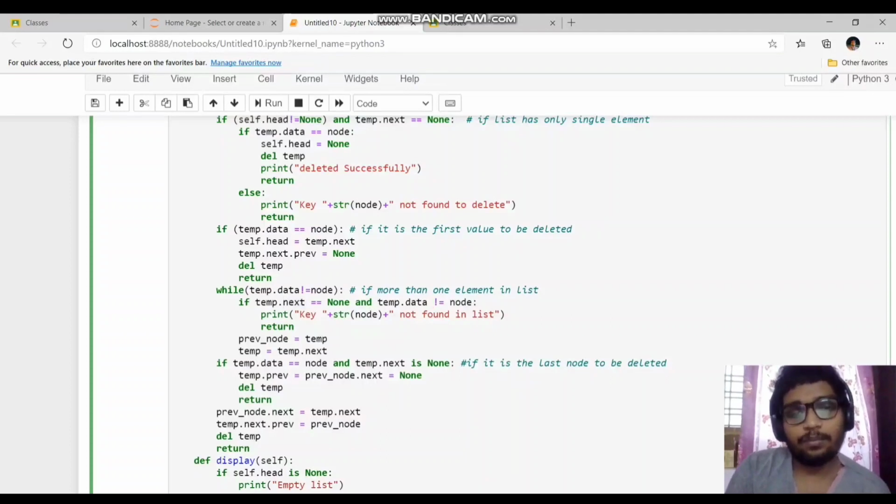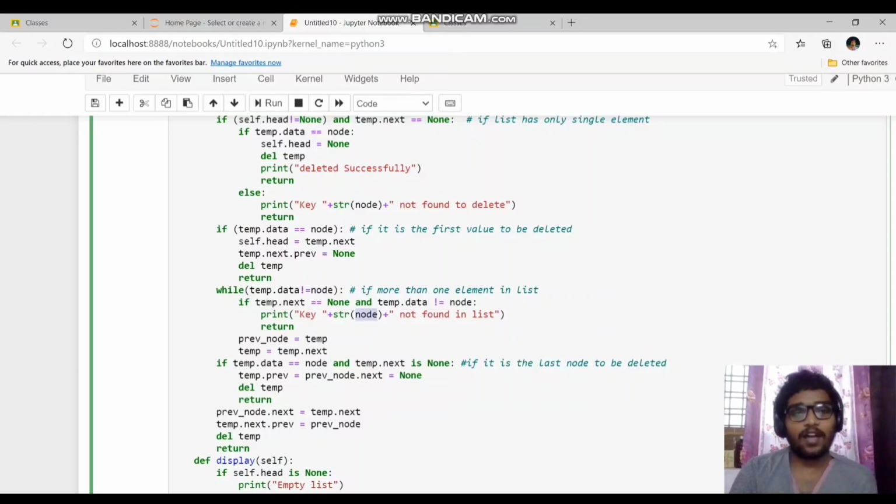So we'll print a message that the node which the user has given is not found in the list, and return from this method. Or else, if it is not the last node, we'll keep a previous node reference, that is, to store the address of the previous node, and temp equals temp.next means we are updating temp in each iteration, so that it visits every node in the linked list.